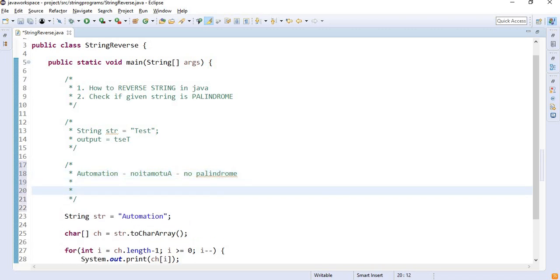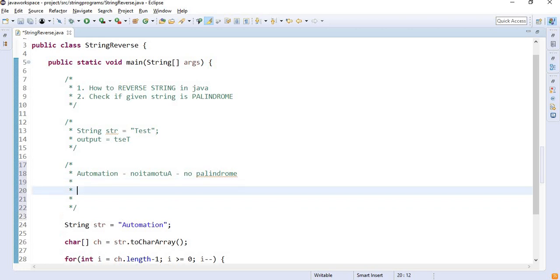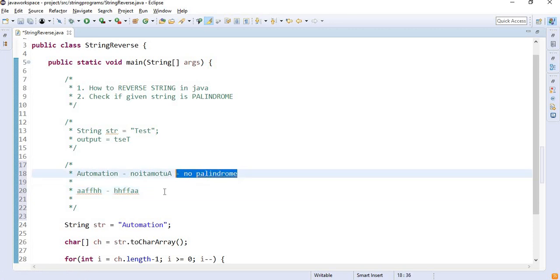Okay, suppose I say AAFH, then if I read this word from end to start, does it sound or look the same? No, then it is also not a palindrome.